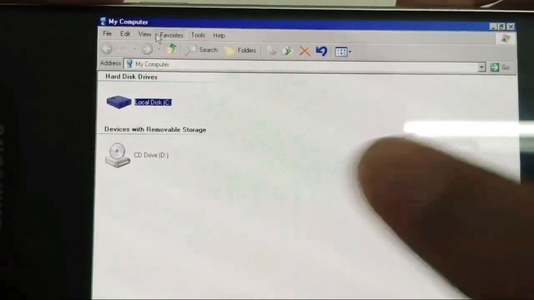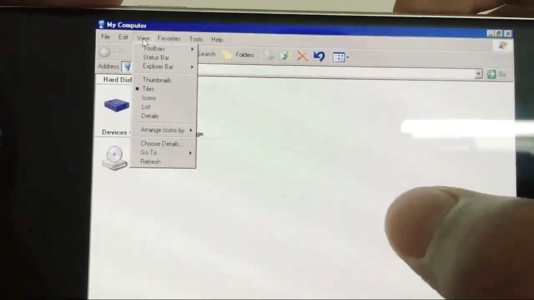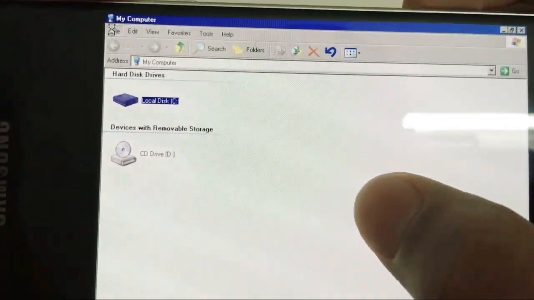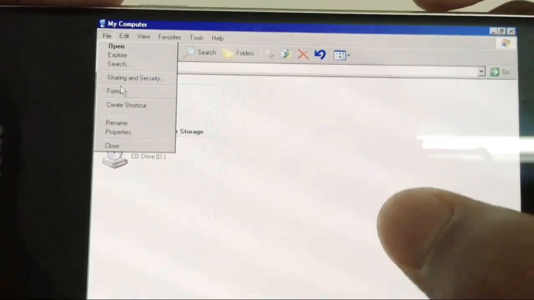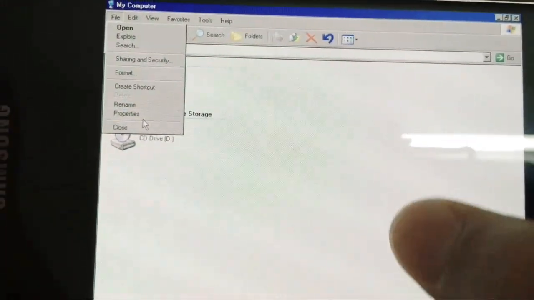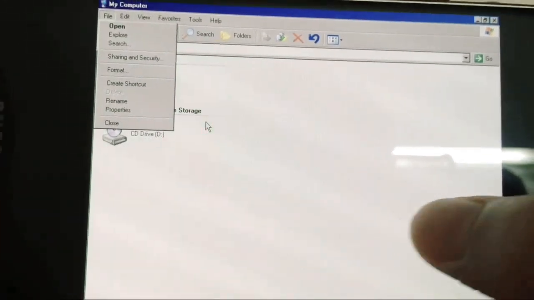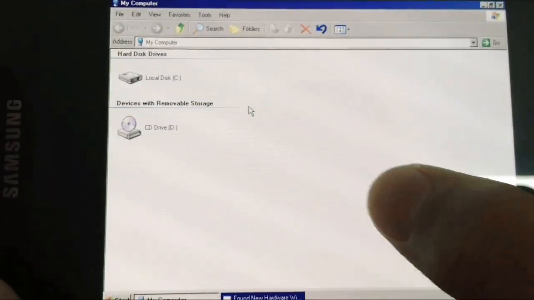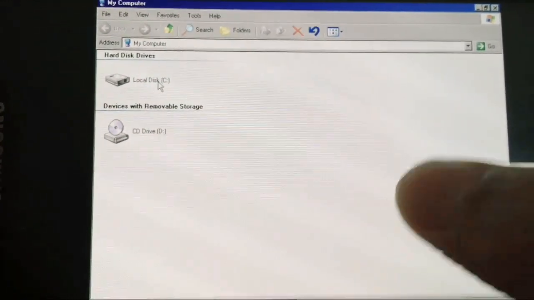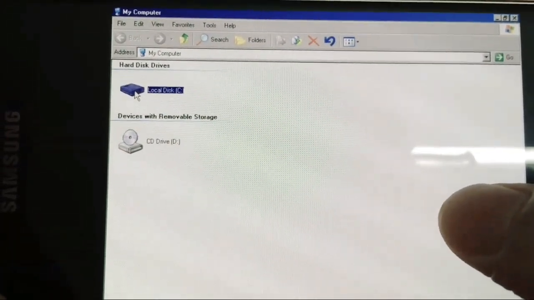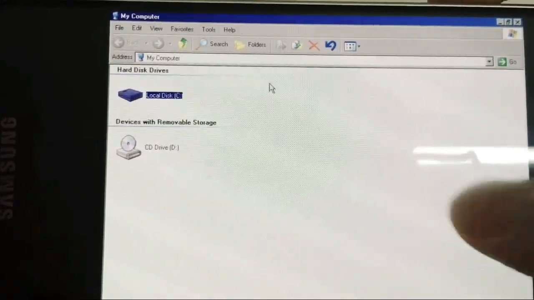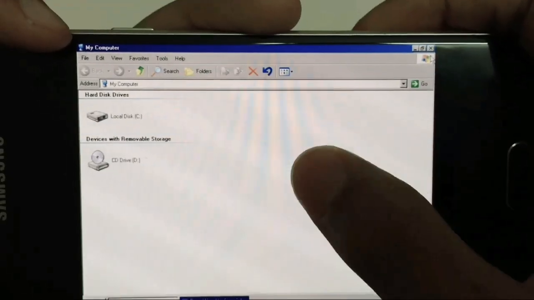You can also get all the features like what we see in the computer. Now let's close this.